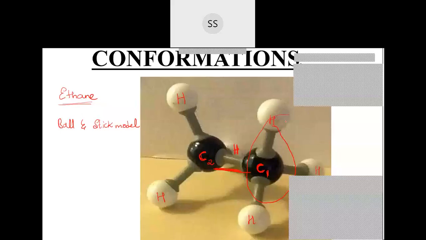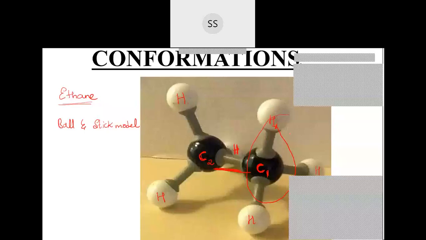Now if you rotate this particular bond, then you can get different arrangements. You consider this as a wheel, like how you rotate a wheel, sometimes we have one for the pipe and all. If you rotate them, then this particular hydrogen will go to the other side. Now they are aligned to each other. The first hydrogen and the hydrogen behind are parallel to each other now.